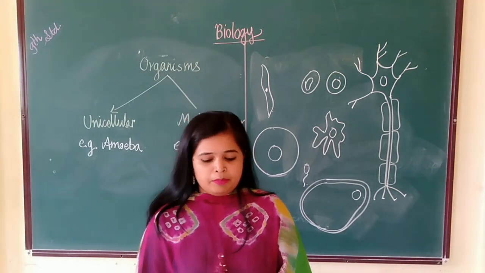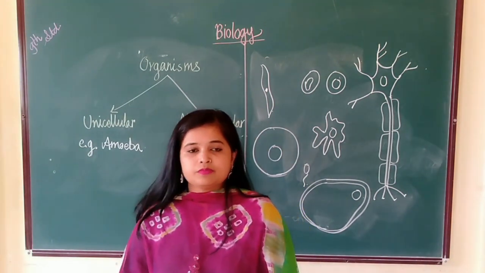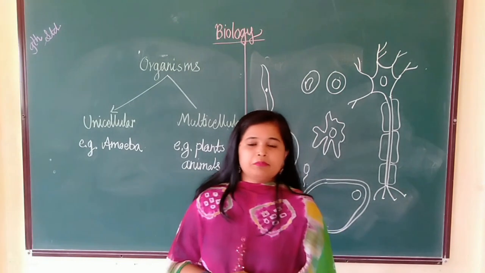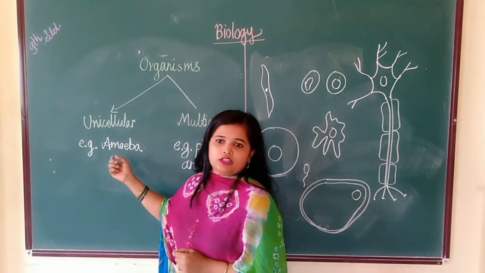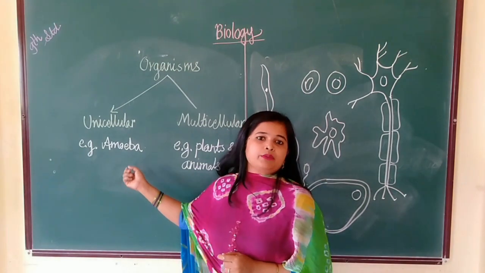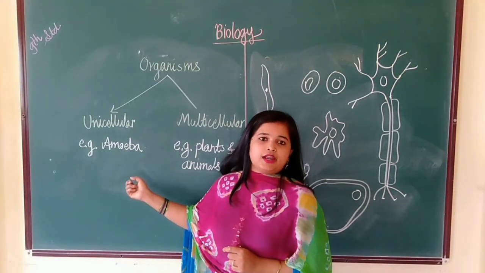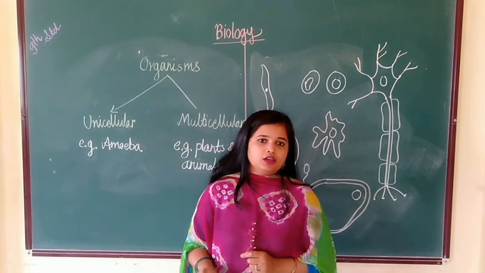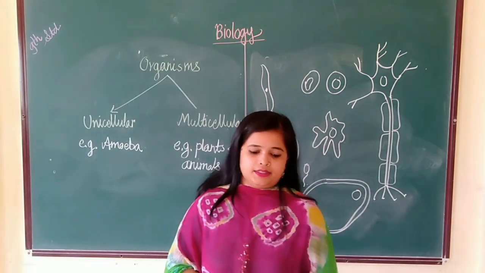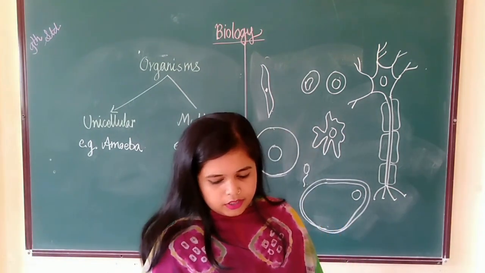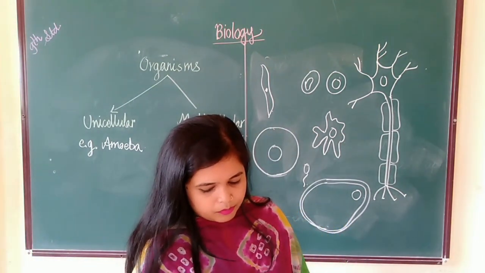Some cells like amoeba can change shape. Now you know that amoeba is a unicellular organism, meaning its single cell performs all the functions. So if it has to capture food, it starts to grow its body in the direction of the food. It starts to develop pseudopodia. This means the amoeba has the capacity to change the shape of its body.